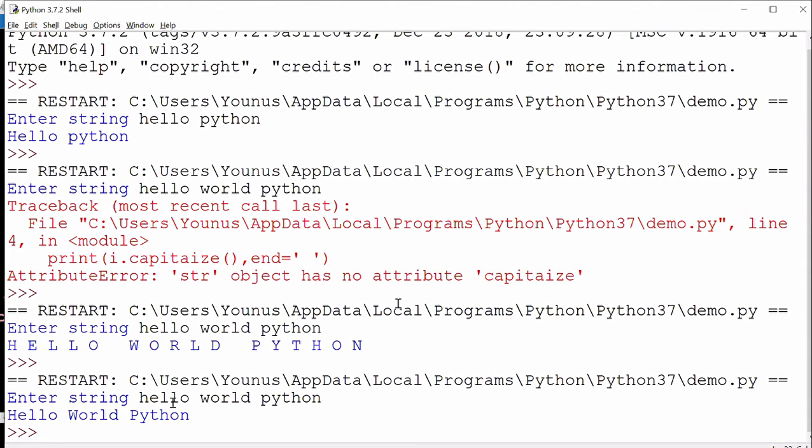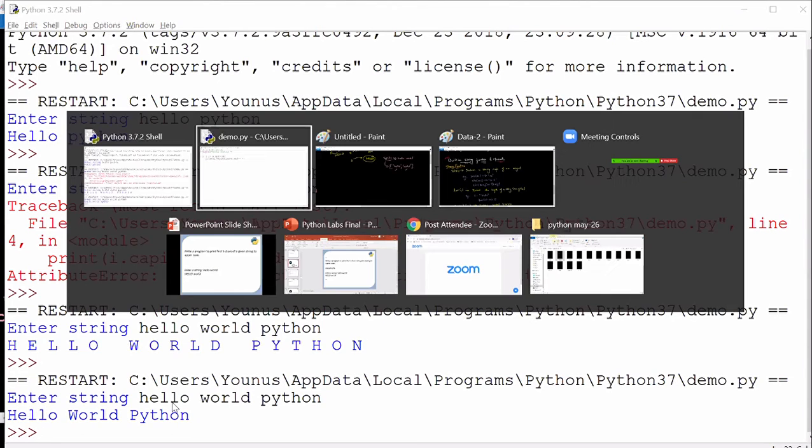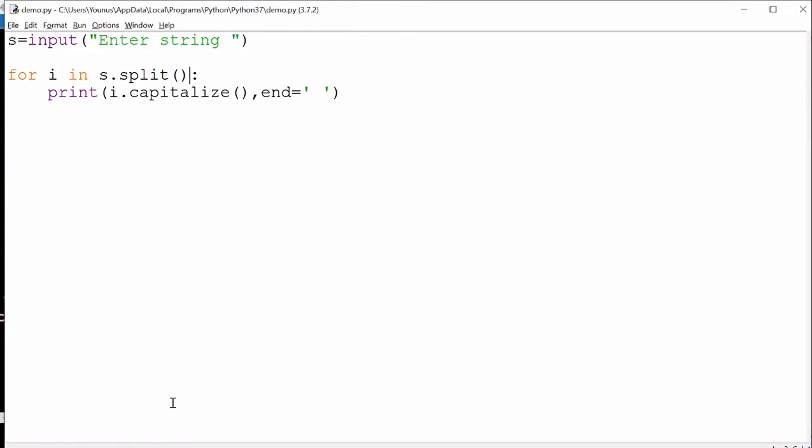Okay, so we got our requirement, guys. Yeah, thank you. But we did not learn split, guys. Don't worry. It's an easy method, but we didn't learn about it. We will learn in detail about the split method. But one thing is very important, because it is used to take multiple inputs from the user as well. That's what I'm going to show you, how to take multiple inputs from the user using the split method. It is one of the very useful methods, guys, called the split method.